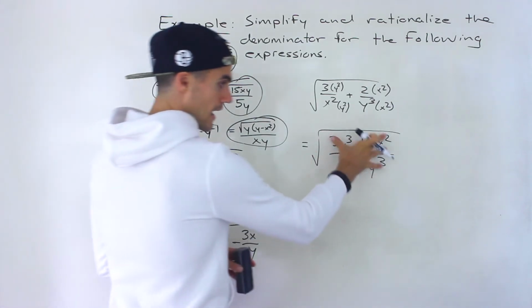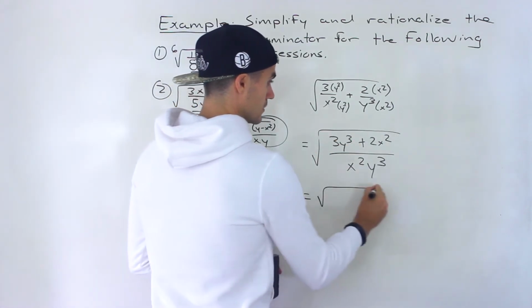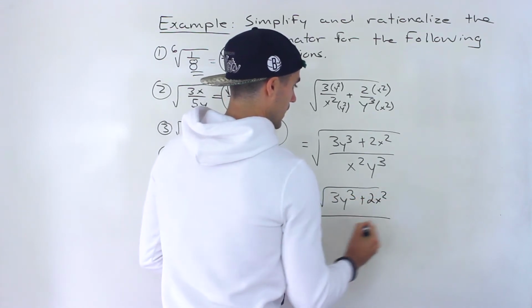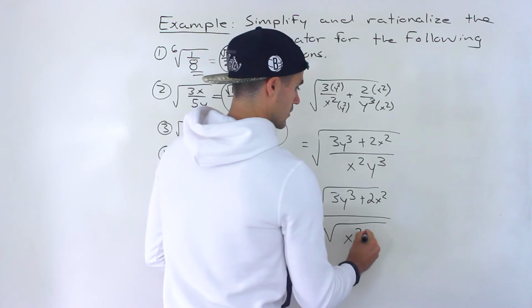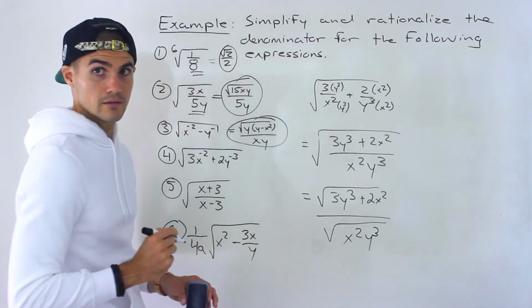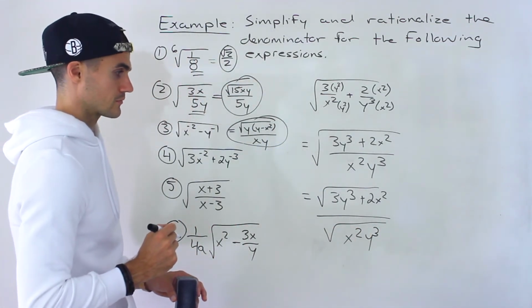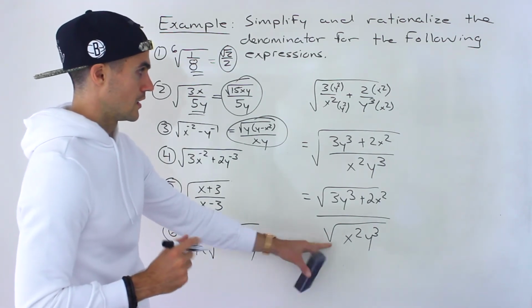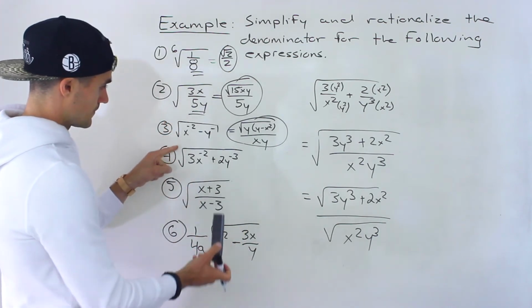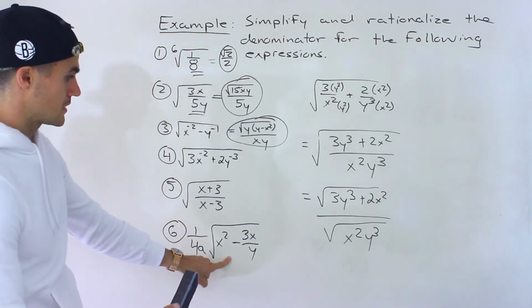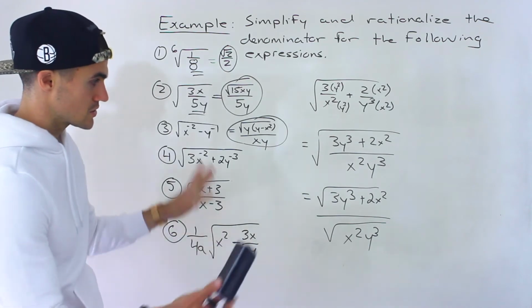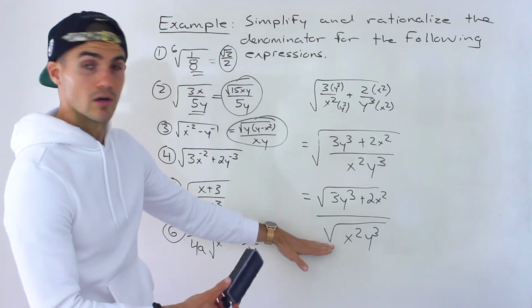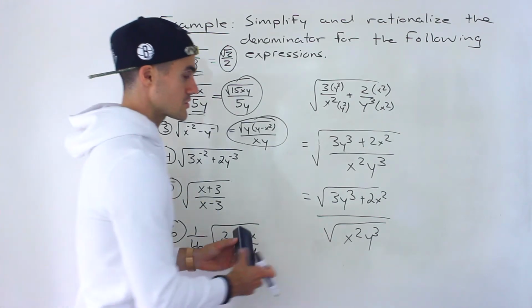And now, because we have this in terms of one fraction, we can put the radical in the numerator, put the radical in the denominator. Then same thing here, you're going to want to simplify. But the point is that when you get something like this, there's going to be two expressions. You want to put them as one fraction so you can take that radical, put it in the numerator, put it in the denominator. So just in general,